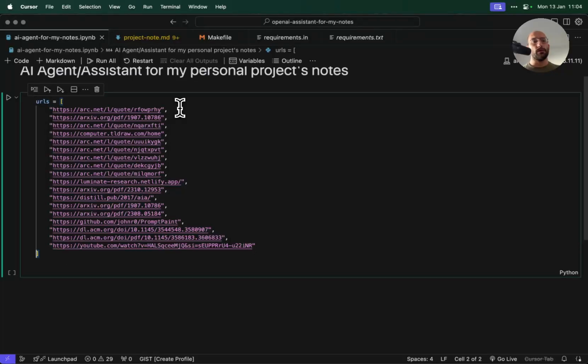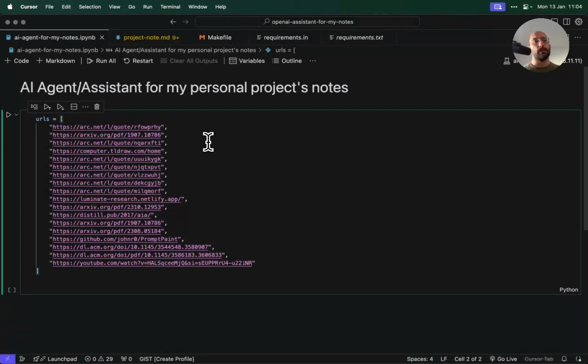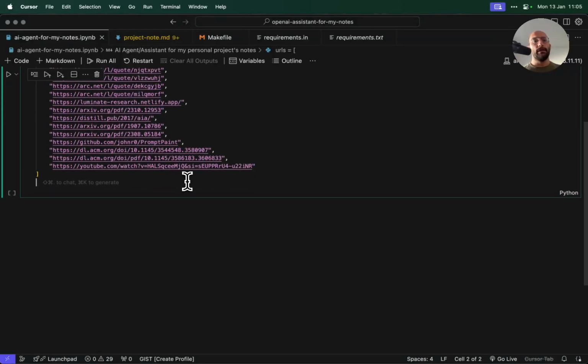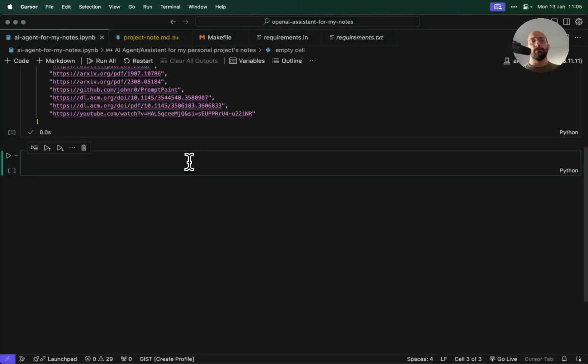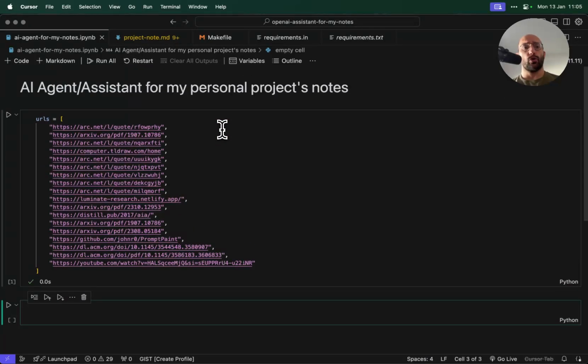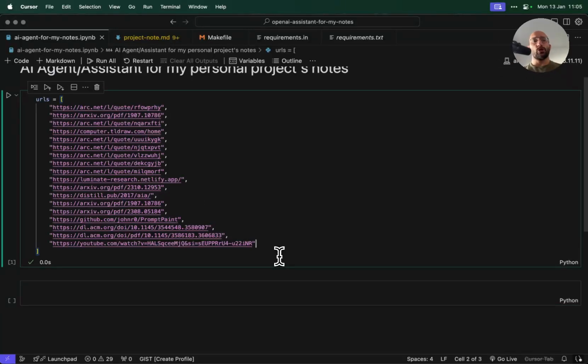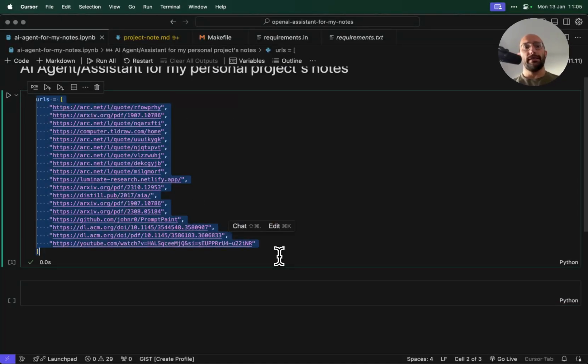Okay, I have some URLs containing notes from different places, which are mostly papers, web articles, or videos. And these are going to be my references, the files associated with this node. So now that we have that, we have a few things to do. I think the first one is to create the vector store containing the nodes. For that, we're going to have to scrape the data from all of these nodes and organize it somewhere so that we can store it